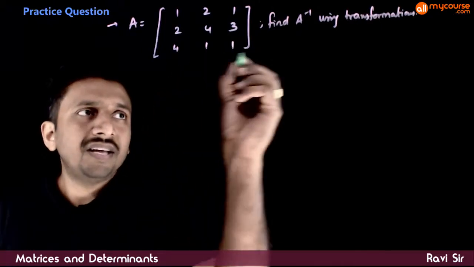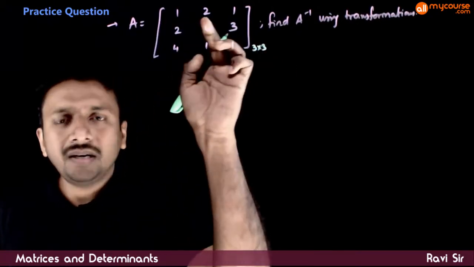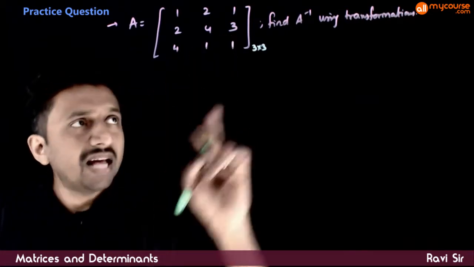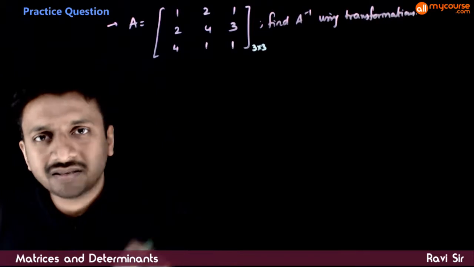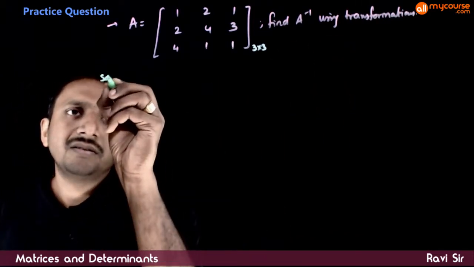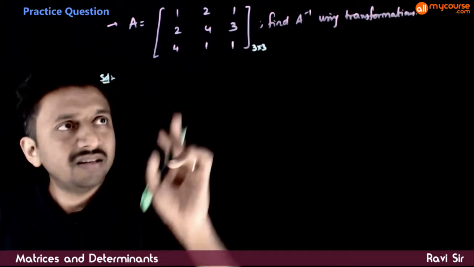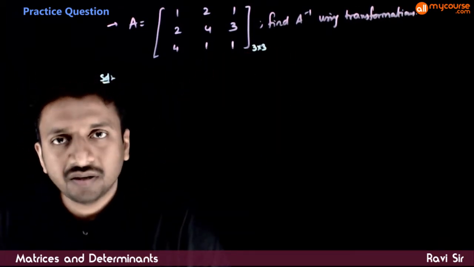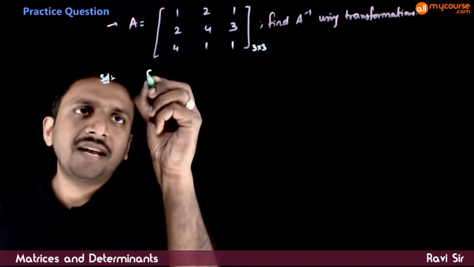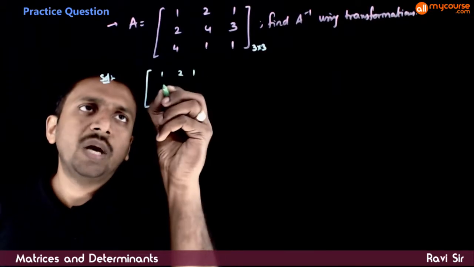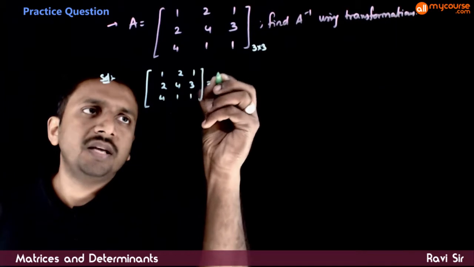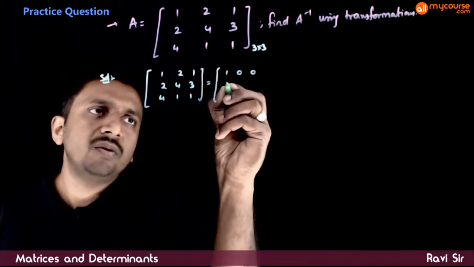So in this question, you're given a 3 by 3 matrix: 1 2 1, 2 4 3, 4 1 1. You're asked to find the inverse of this matrix using elementary transformations. So we have seen how to find inverse using elementary transformations. We are going to use the pivot element method. So first I write the matrix 1 2 1, 2 4 3, 4 1 1 is equal to